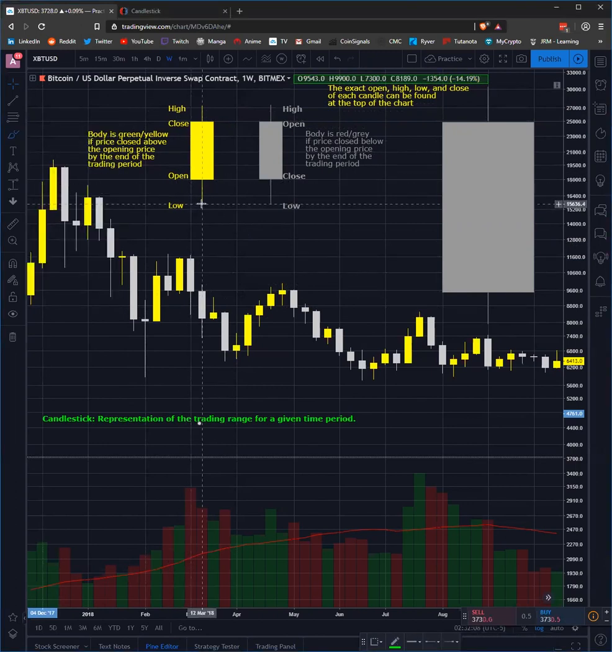The low, which is the lowest price that was traded during that period. The high, which is the highest price that was traded during that period. The open, which was the first price that was traded at the open of that period. And the close, which was the last price that was traded at the end of that period. That's important because that is going to define whether we have a bullish or bearish candle. A bullish one means the price closed above where it opened, and a bearish one is a candle where price closed below where it opened by the end of the trading